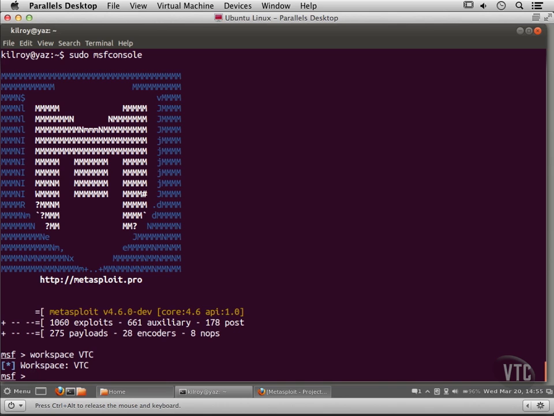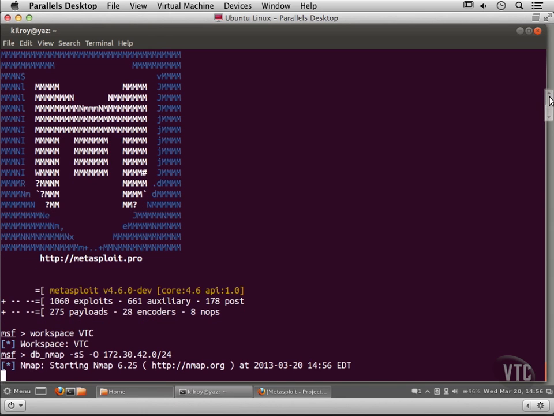Now what I can do here is I can do db_nmap, and what I'm going to do is some scanning of my network here, and the scans are going to be populated into Metasploit. So I'm just going to do a SYN scan here, and I'm going to do 172.30.42.55. Oh, no, I want to do the whole network here. So .0/24. So this is really just calling Nmap, and the DB suggests that we're going to store the results in